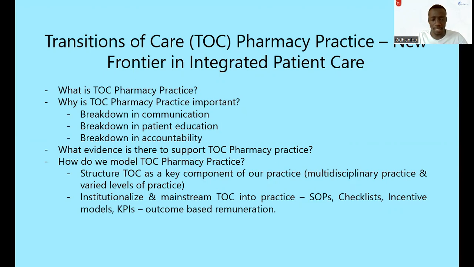And therefore, for me to get into this particular discussion, the question we need to ask ourselves is, what is this TOC pharmacy practice? What is the transitions of care? So I'm going to take it from a story perspective, reflecting on our common models of healthcare